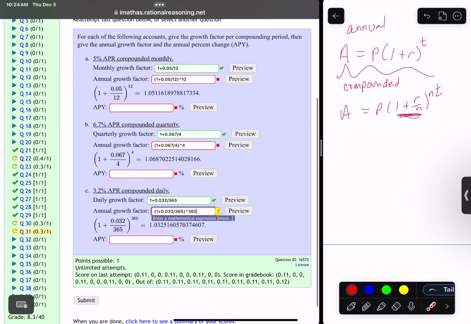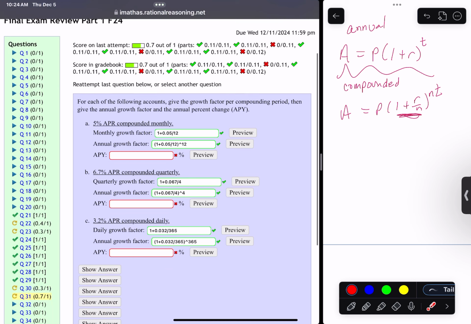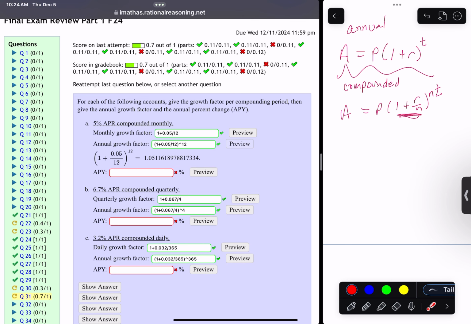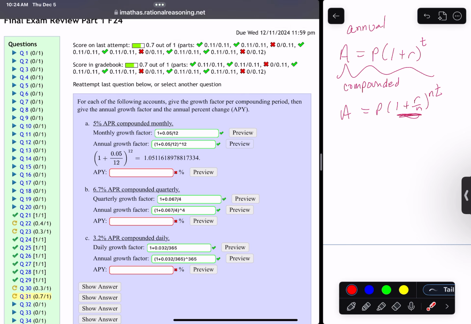Let's check them, just make sure they like what they're seeing here. Great, okay. So the APY, we're going to use the previews. See that annual growth factor? Okay, see the preview there? See how that is a little more than 5%? Okay, so we're actually going to help ourselves if we,